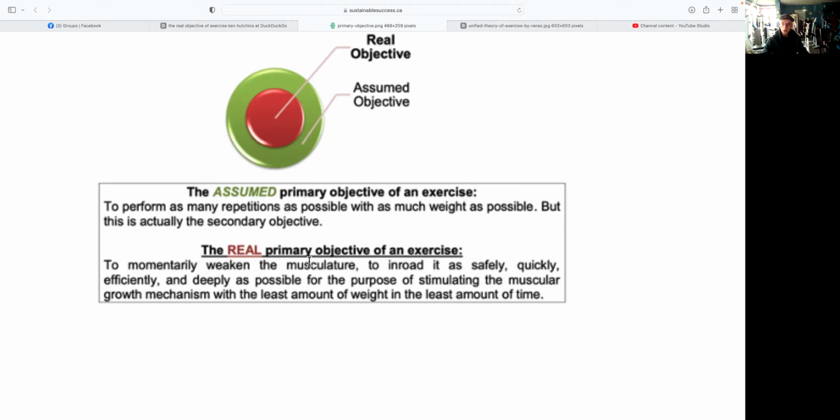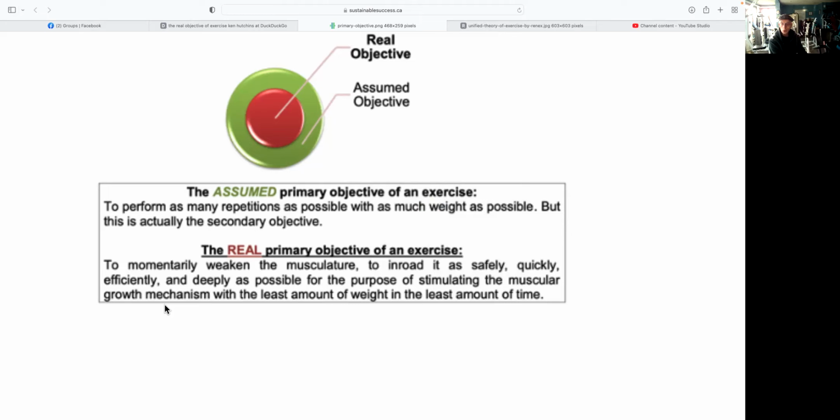The real primary objective is to weaken the musculature, to inroad it, which means reducing its starting level of strength, to do it quickly, efficiently, deeply, and safely, for the purpose of stimulating the muscular growth mechanism. The only thing I take a little issue with is this wording. I would say to stimulate the adaptation mechanism, because muscular is only one part of it, with the least amount of weight and the least amount of time.